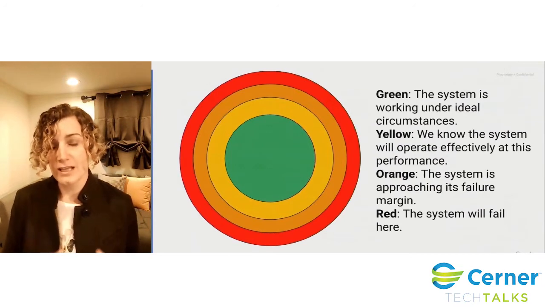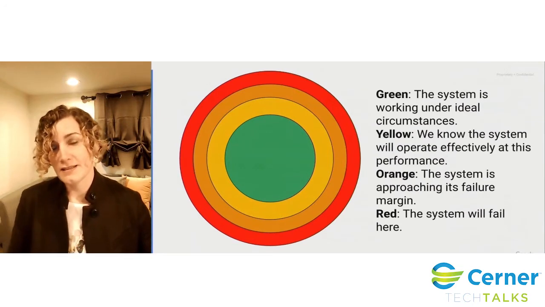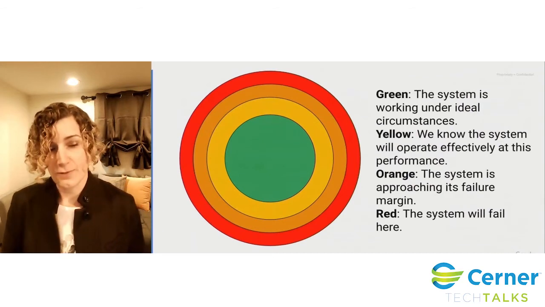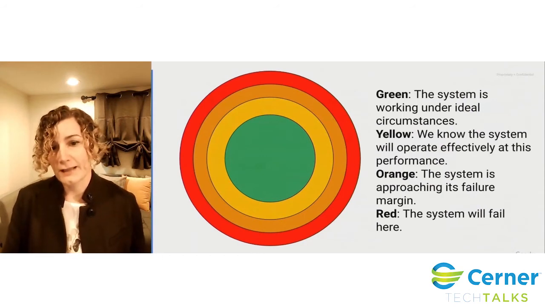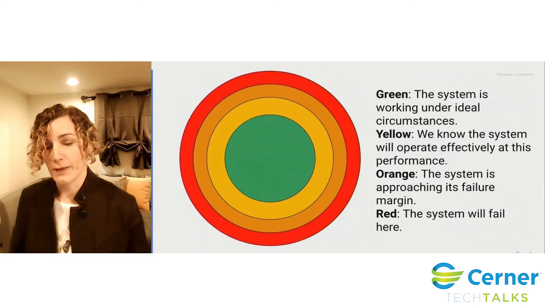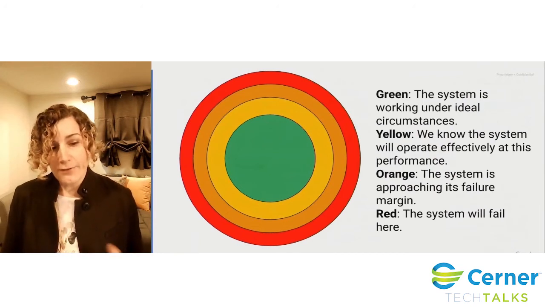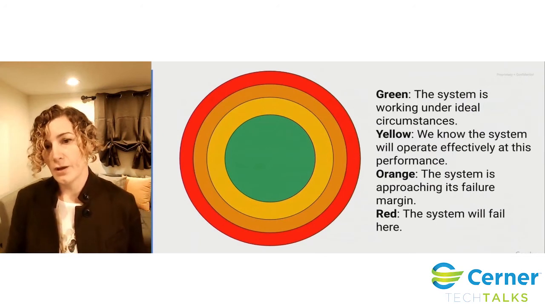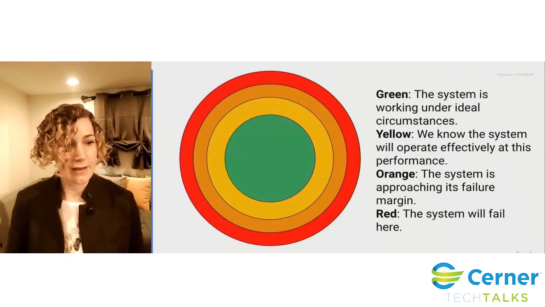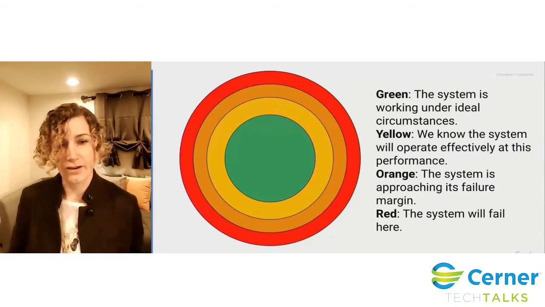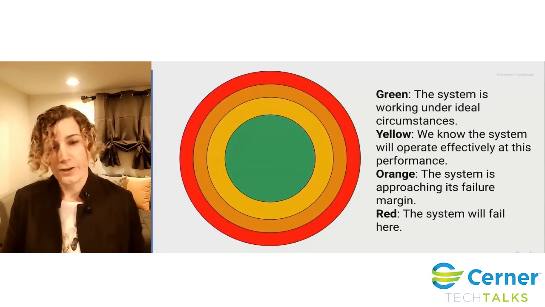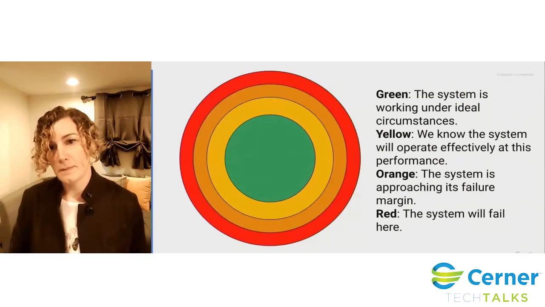So I'm going to say each component in this distributed system has these classes of performance. And by performance here, I don't just mean speed, like how fast you can execute something. I mean, generally, how is the customer experiencing the behavior of that component? Back to the whole Hyrum's Law idea. Every component in a big system is going to have that green behavior. The green behavior is the system working under ideal circumstances: garbage collection isn't running, the network is reliable, the clocks are all synchronized, the machines are not having any kind of contamination or failures, and everything's running beautifully.